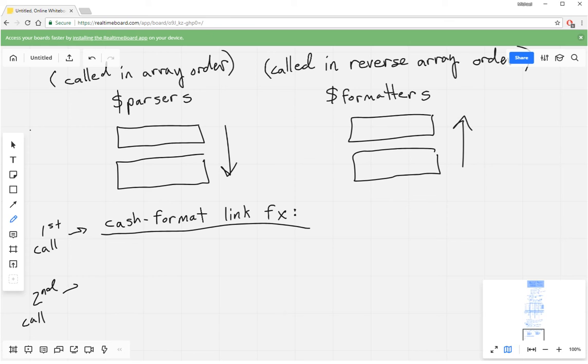Second call. Your processor link function. So each of these functions will define the parser's function that gets pushed onto the parser's array, and same for formatters. So parsers